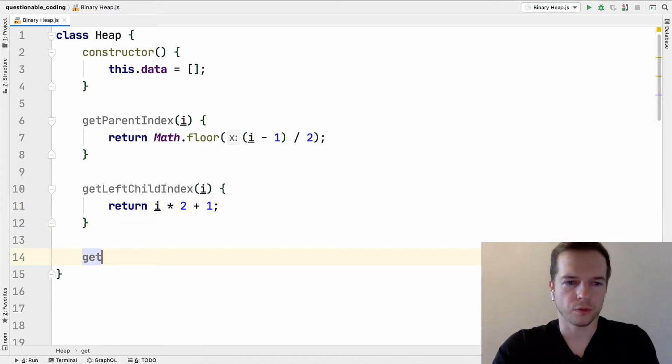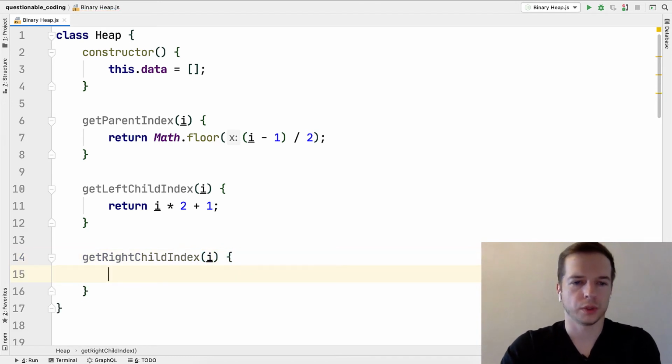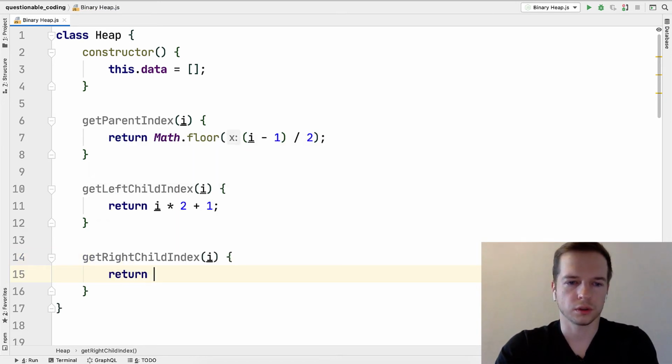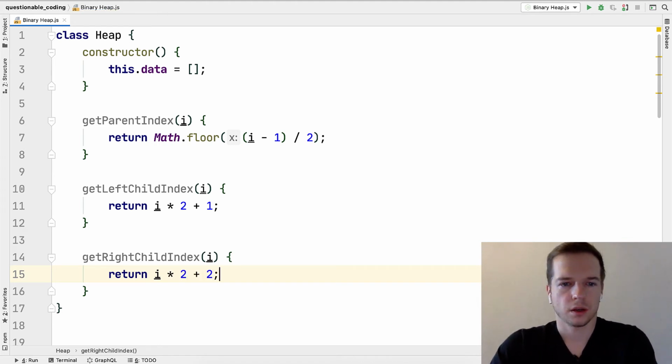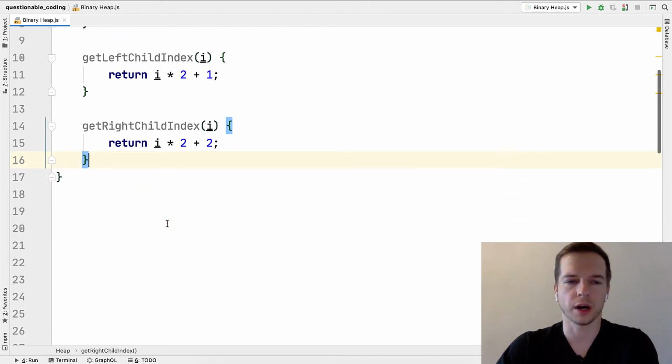And almost the same for right child index. But we need to increment it even more, so it will be i multiplied by 2 plus 2. Okay, so we have 3 helper methods, and it's enough for us to do all the elements like heapify and